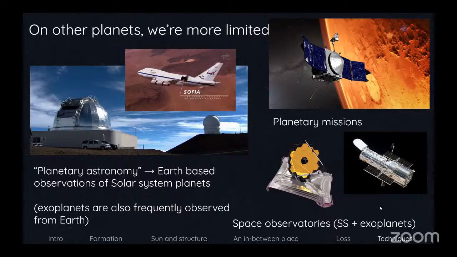And then we have space-based observatories like JWST and Hubble. JWST is quite new, of course, but Hubble has been going strong for, oh my gosh, is it like 25 years old now or more? Yeah. So these return awesome data, not just about the universe at large, but we can also use them for observing planets in the solar system, which is pretty cool.